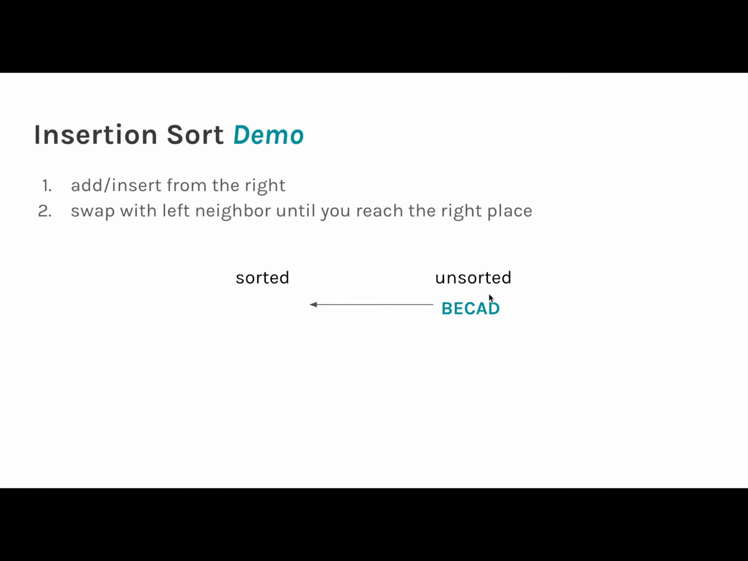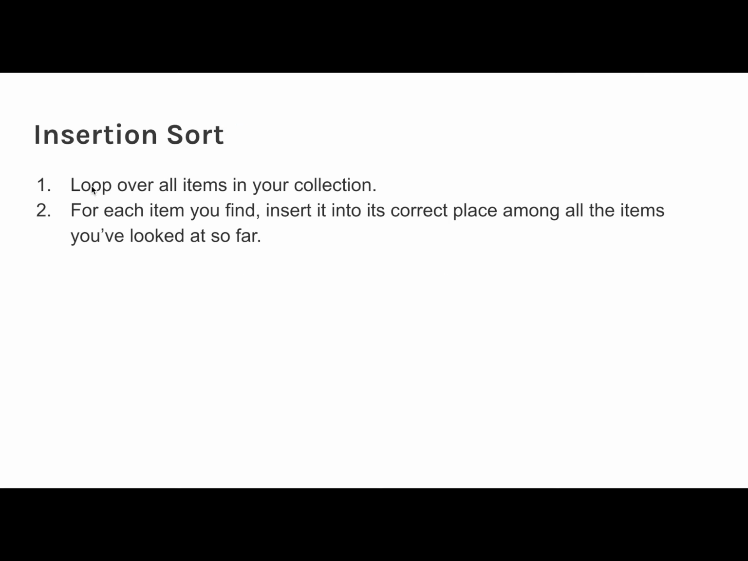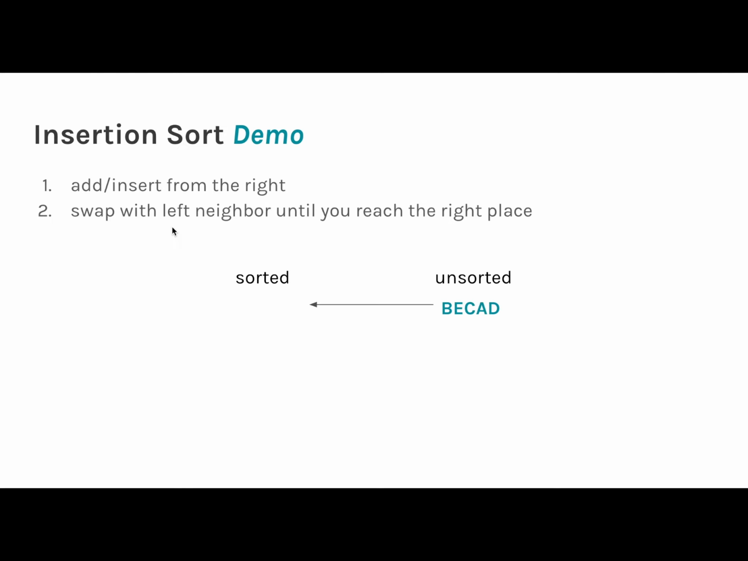When we first start off, everything is unsorted to the right, and we're looping over the items and then inserting it into the correct place among the sorted collection. So we're going to loop and insert B into the sorted collection. Awesome. Now we're going to look at E, and it's already in the right place, just at the end